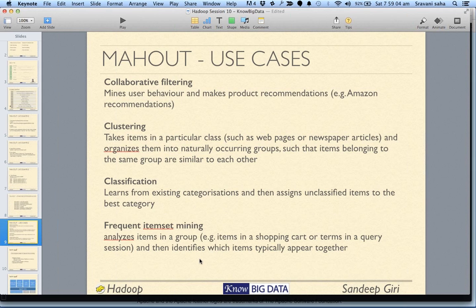As we told earlier, Mahout can be used other than collaborative filtering. You can use it for clustering. Clustering takes items. Say for example, if you look at Google News, it automatically clusters articles together, right? So that is clustering. Clustering is generally non-assisted training. It is completely automated, and